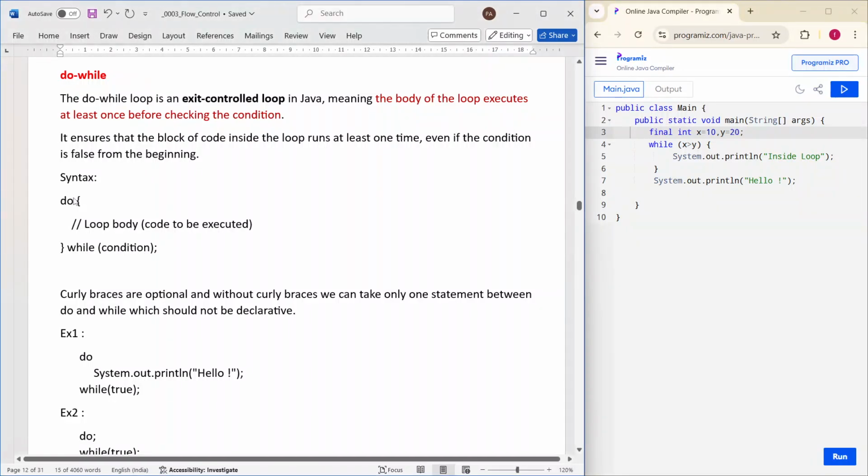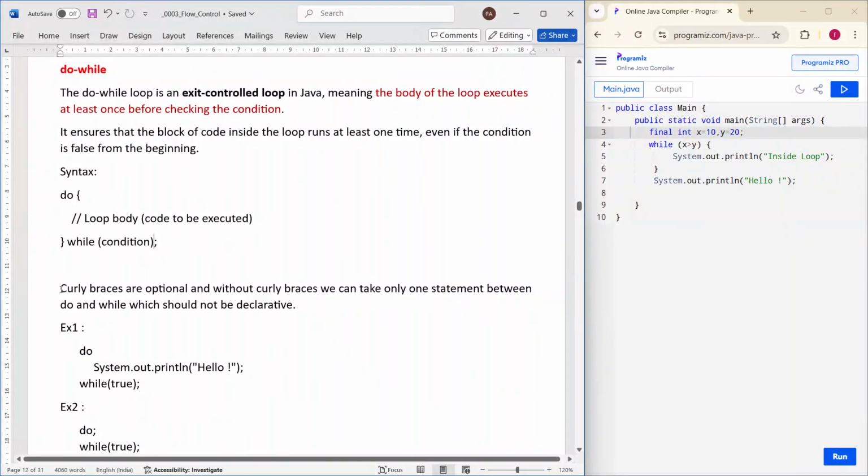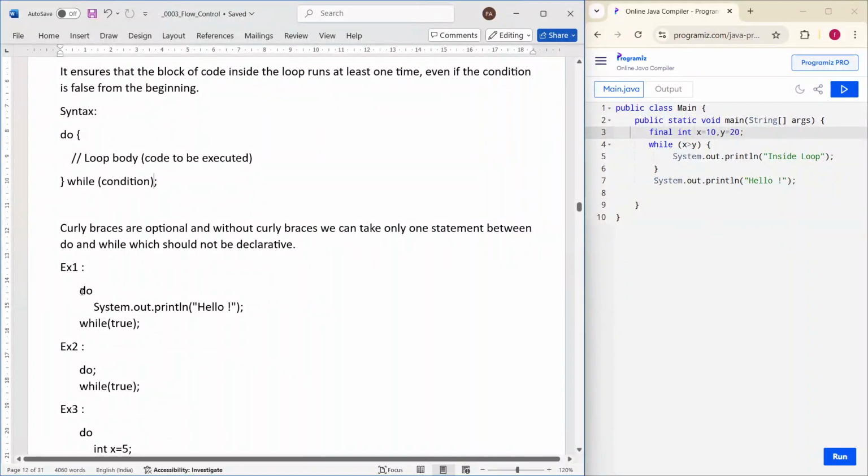Let's see the syntax. Do keyword, then the body, and after the body, while keyword and the condition inside the parentheses. Here, curly braces are optional, and without curly braces, we can take only one statement between do and while, which should not be a declarative. So, if we see examples,